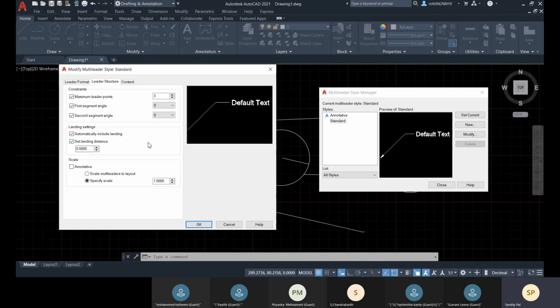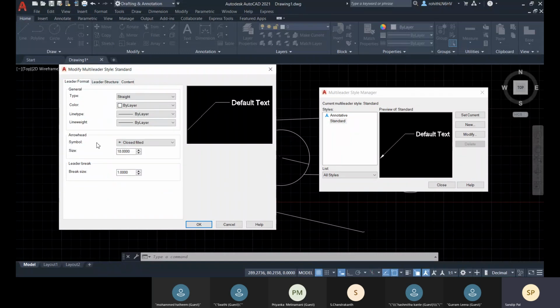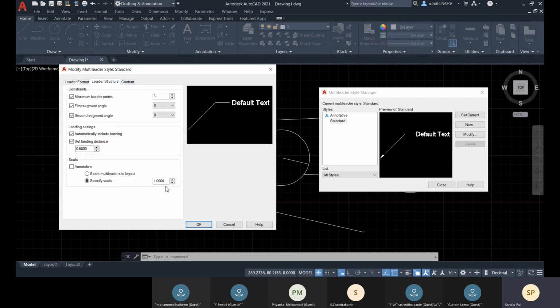Let me check this. Okay, and about this scale. So all this dimensional value, you don't want to change it, like you say that I have multiplied with 100 with the previous value. Rather than giving the actual value, you can keep that previous one and you can multiply with this scale factor here. You can do that also.